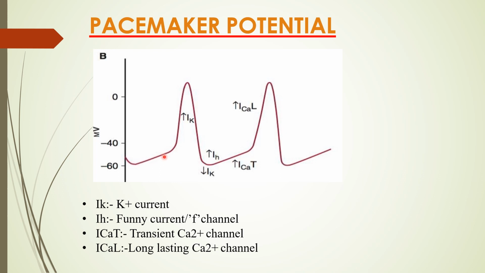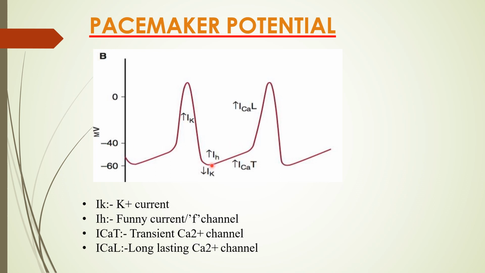So this depolarization starts because of that inherent leakiness of the membrane to the sodium channels. So slow diffusion of sodium into the sinus fibers slowly raises the potential from the minus 55 millivolts. Okay, so this forms the initial part of the pacemaker potential. So then later part, the transient T calcium channels open up. So here you can see I calcium T, and there is slow influx of calcium causing further depolarization at a slower rate till the threshold level reaches minus 40.